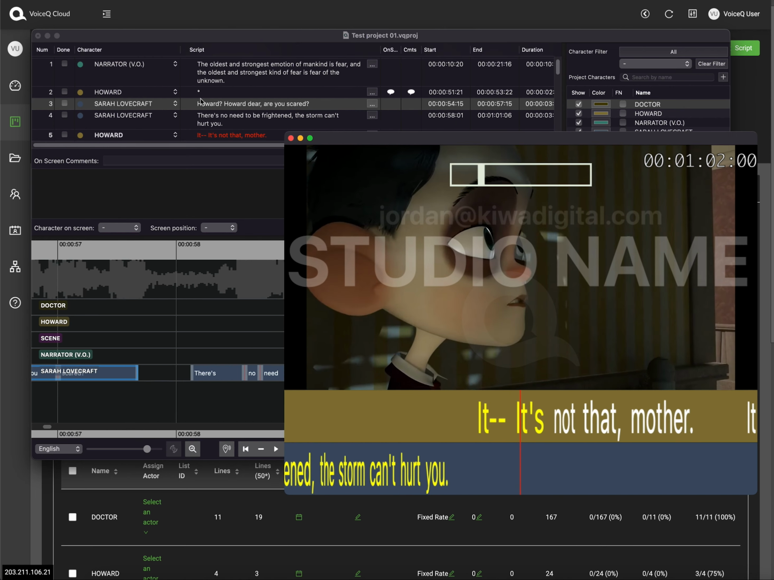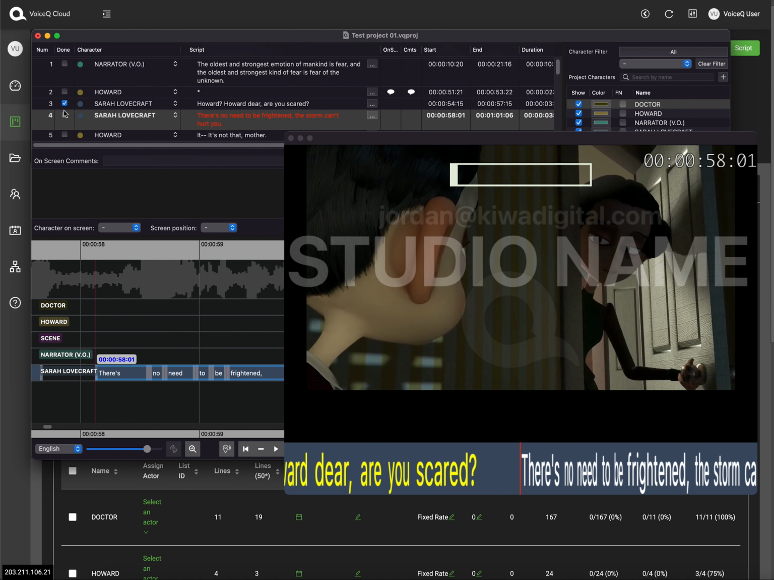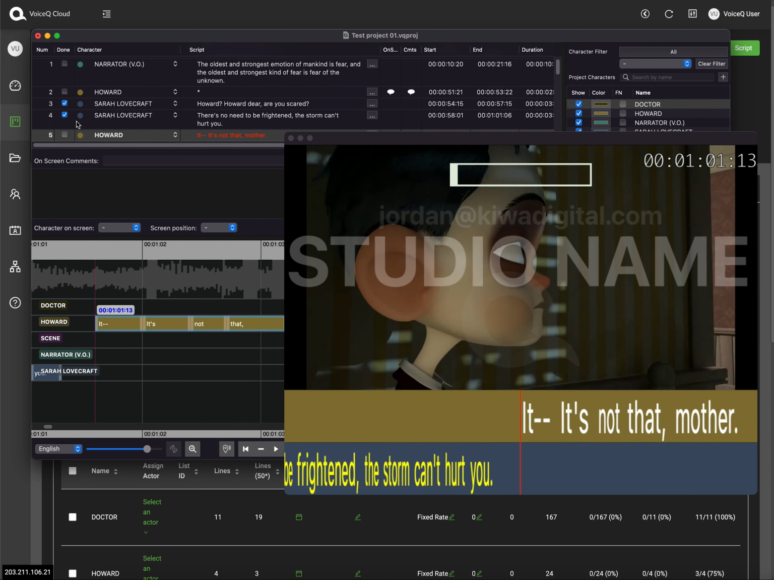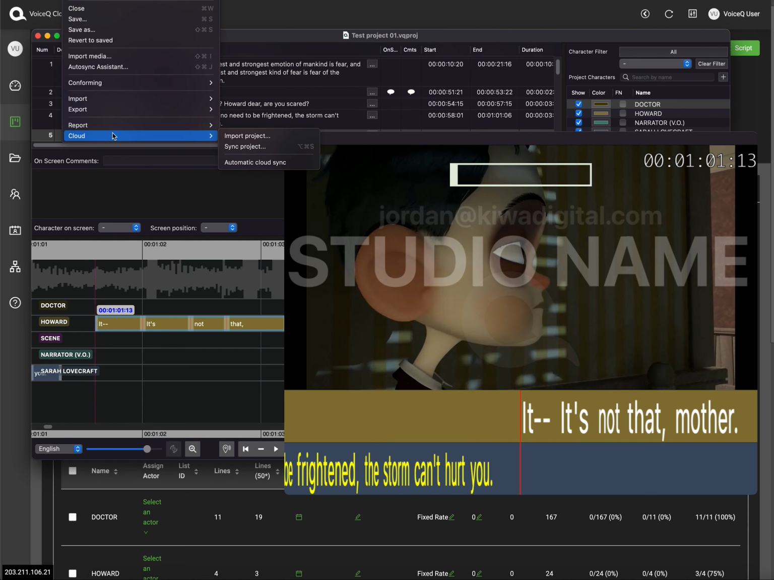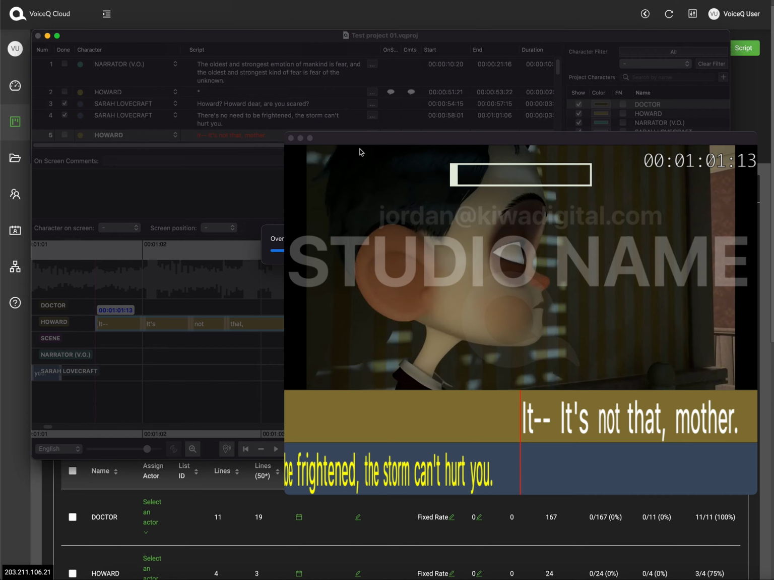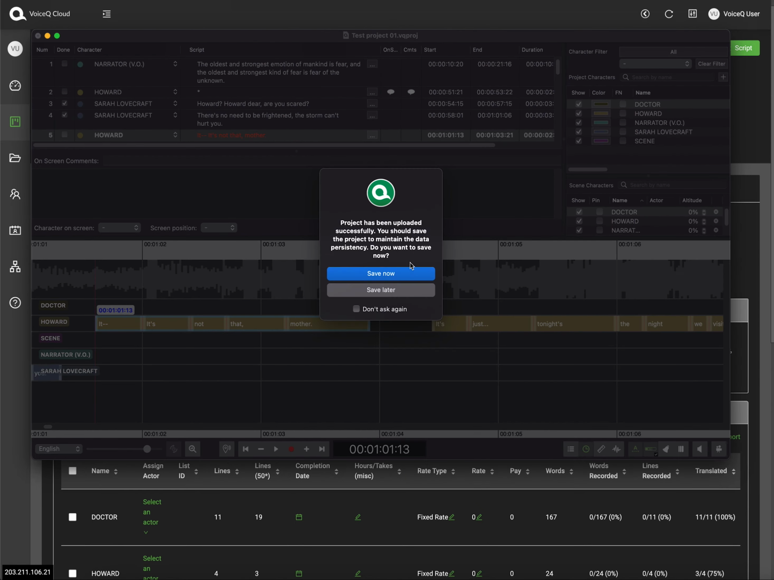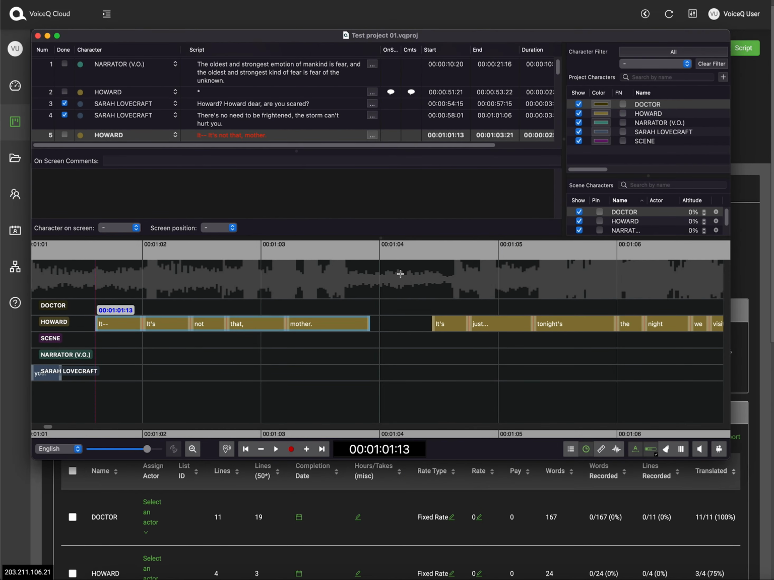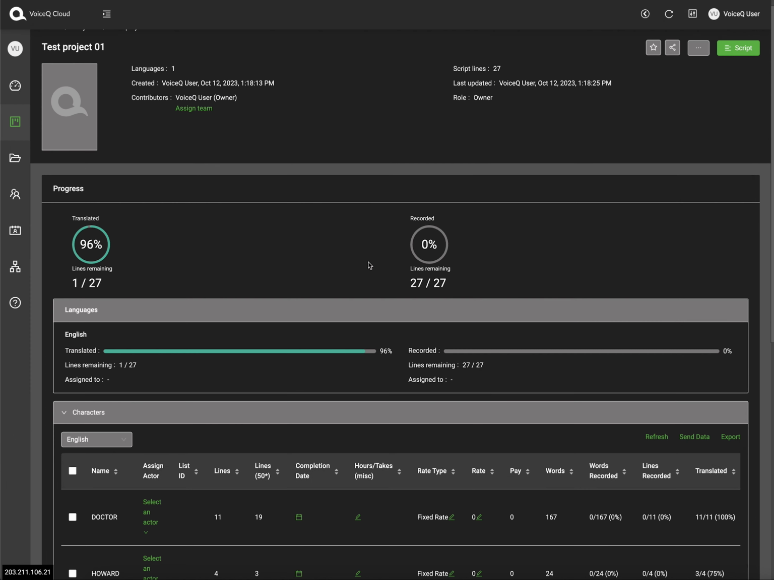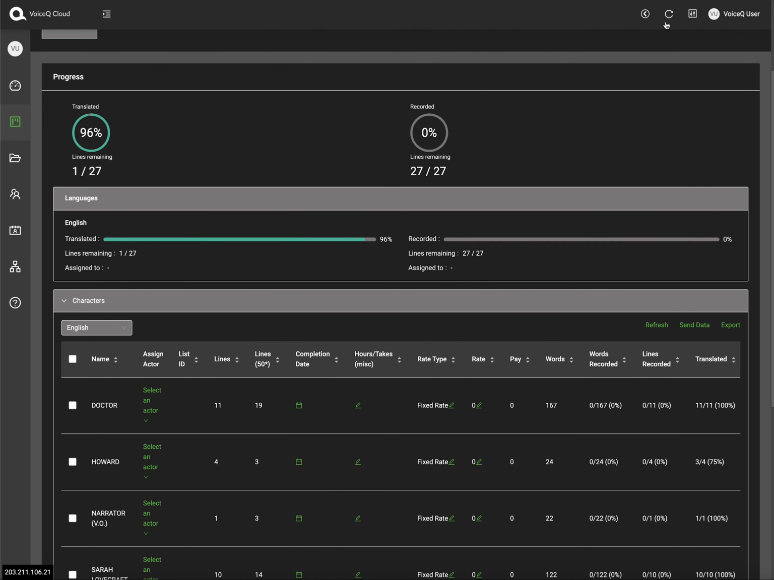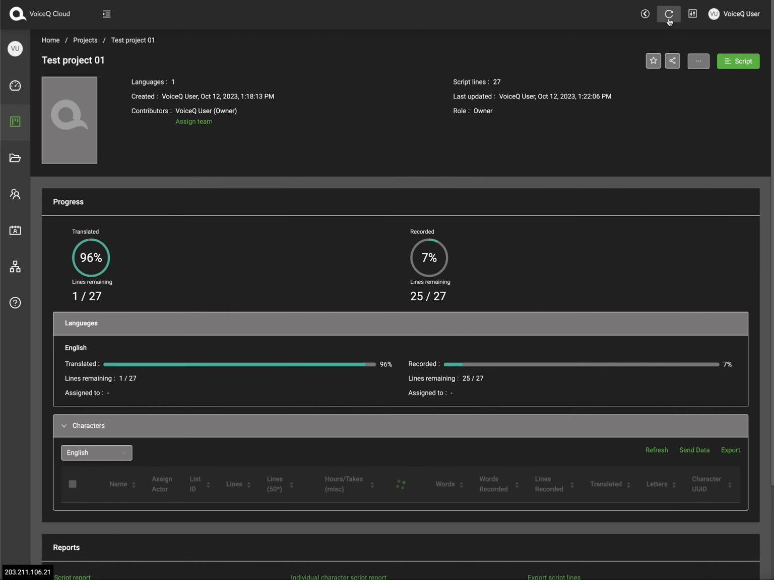Now, when I've recorded a line, whether that be in Pro Tools or inside of VoiceQ, I can select the Done checkbox here. So let's select these two Done checkboxes. Let's save our project, and then what we're going to do is go to Cloud and then Sync Project. This will sync our project to the cloud. We then choose to save, and then as you can see, we've got 0 recorded here. I'm going to press refresh in the top right, and now see that we have 2 lines recorded, or 7%